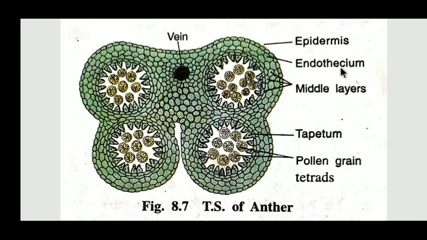Now the second layer, that is endothecium. Endothecium is inner to the epidermis. These somewhat polygonal cells, in a single layer, are the endothecium. They are common for the pollen sac. These are fibrous cells, and why are they fibrous? Because of collagen. Collagen is present in them, and because of that they are a little bit fibrous. They are situated in the shallow groove between 2 microsporangia and remain thin-walled. So they are situated here in between.